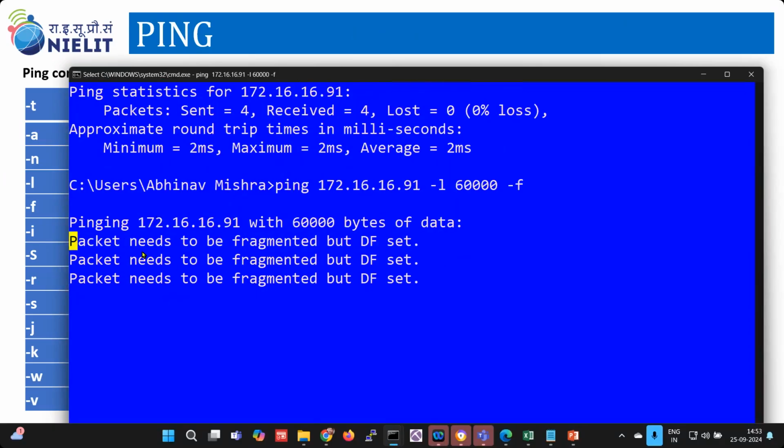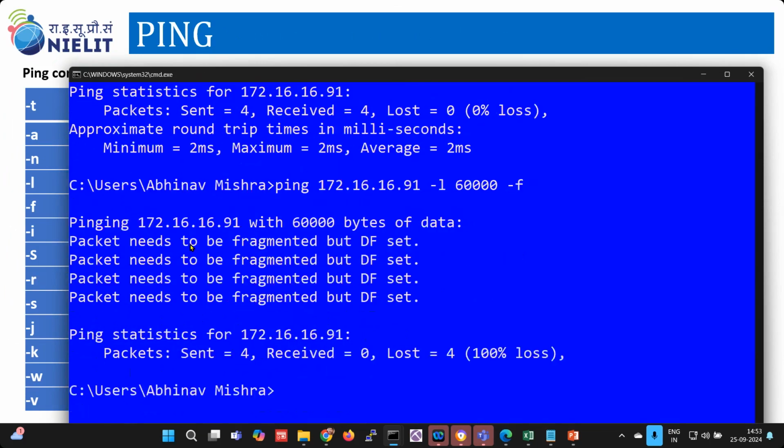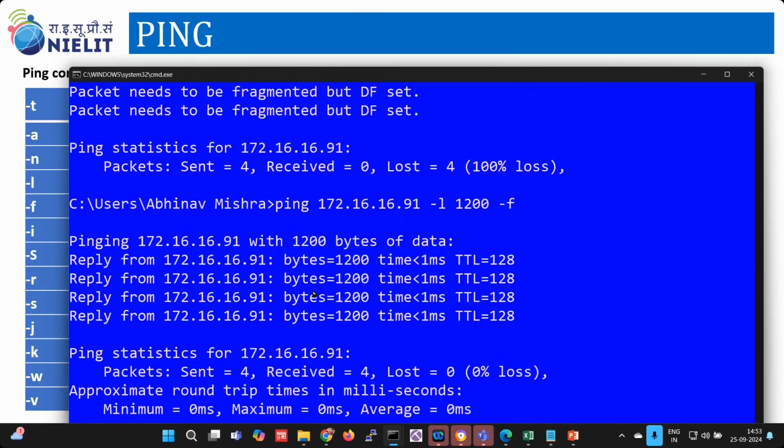So this message is actually coming from ICMP protocol. Packet need to be fragmented. DF is set. Packet need to be fragmented, but you have set the DF flag to 1, so it cannot be transmitted. But if you are trying to reduce this value, suppose I am sending 1200 bytes less than the allowed MTU. So it will be possible to send 1200 बाइट के साथ डेटा भेजना पॉसिबल है, क्योंकि वो 1500 से कम ही आ रहा है।